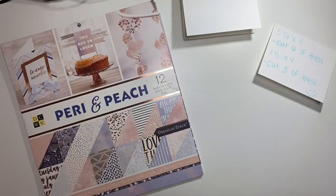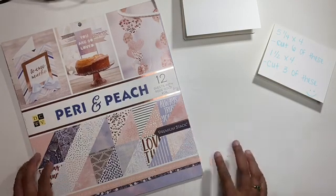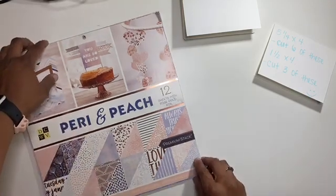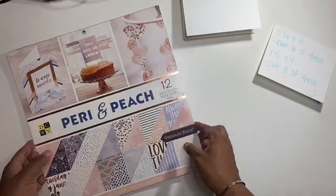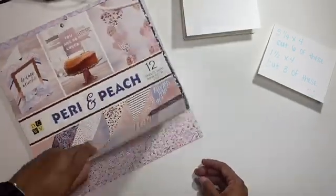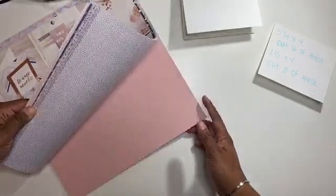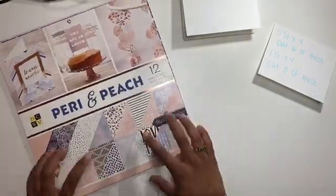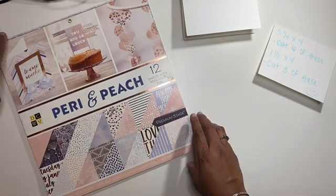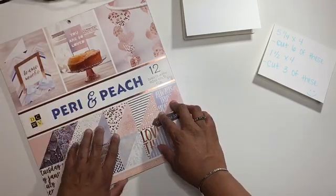All right, great. So the first thing you're going to need is your 12 by 12 sheet of paper. I am using this Perry and Peach paper that I found at Joann's, I don't know, some time ago. You can see it's pretty old, it's like falling apart. It's one of those papers that I use all the time. So any type of 12 by 12 sheet of paper will work. Doesn't matter how thin it is or how thick it is, it'll work no matter what. So I have the 12 by 12 sheet of paper. I think